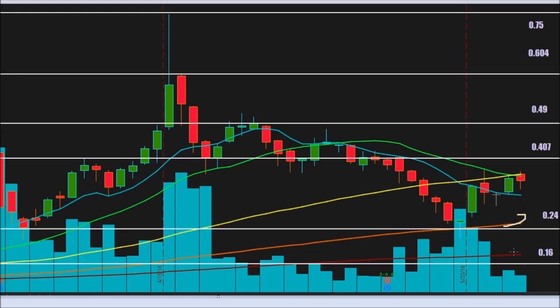However, the 100-day and the 200-day moving averages are still far below our candles on the one-day chart, so that's a good sign. So basically, the fact that these two moving averages are above our candles, those are now going to act as resistance. So though the trend is up, it's going to be real difficult breaking 35 cents. However, if 35 cents does break where these moving averages are lying, then we can look for a test of 40 cents. 40 cents breaks, we can look at a test of 49,